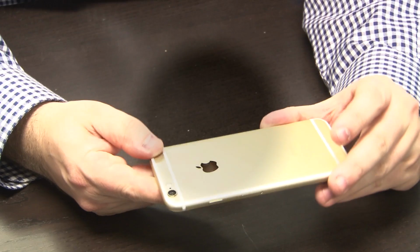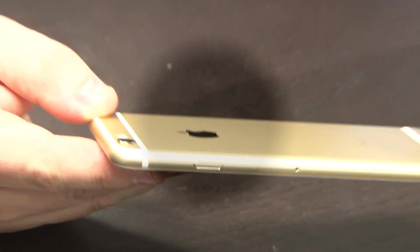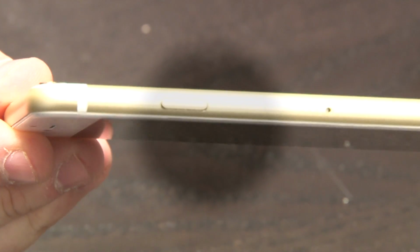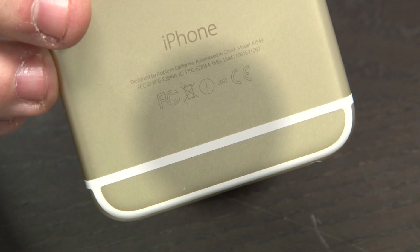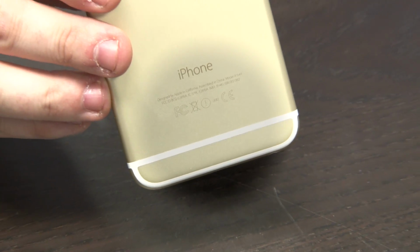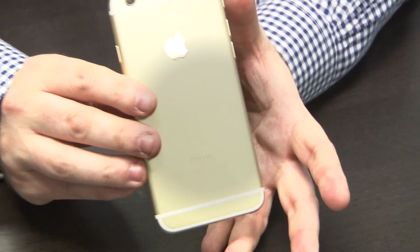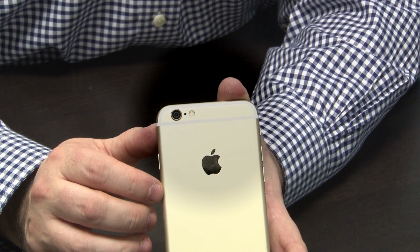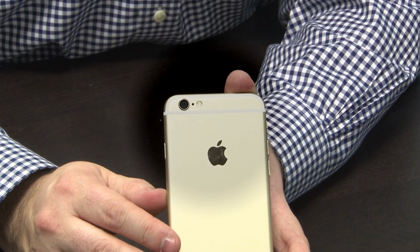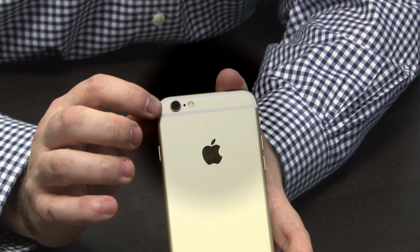I don't know how well you can see it, but the camera itself is not flush with the back of the phone, something that I've always admired about the iPhones. Now, it might only come out a millimeter or so, or less probably, but it does stick out a little bit. It allows for panorama photography up to 43 megapixels. It allows for photo geotagging and burst mode,